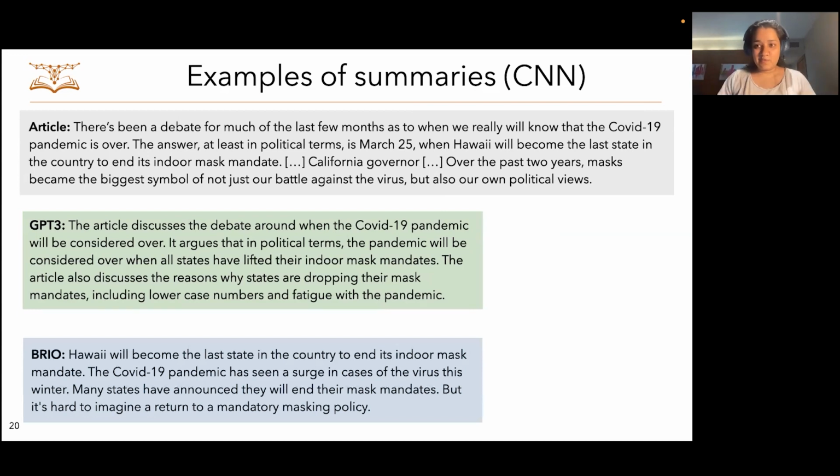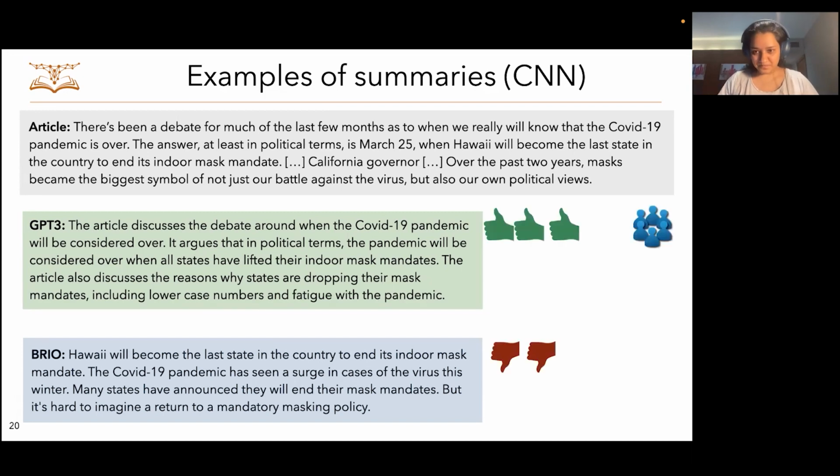On the other hand, when we look at Brio summaries, this is what it generated. It just spit out a lot of facts that it selected from all over the article, which is Hawaii will become the last state to end its mask mandate. The COVID-19 pandemic has seen a surge of cases. Many states have announced they will end their mask mandates. This part is actually over because Hawaii is the last state, but it's hard to imagine a return to normalcy